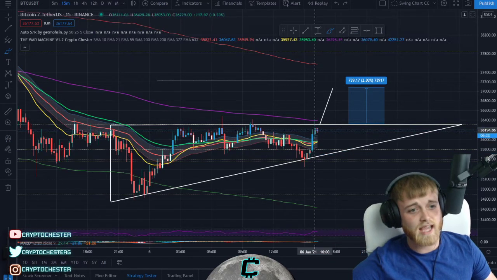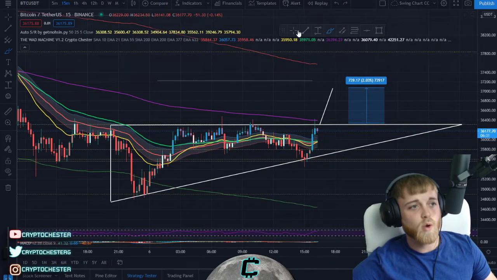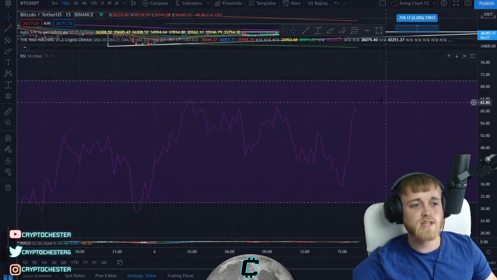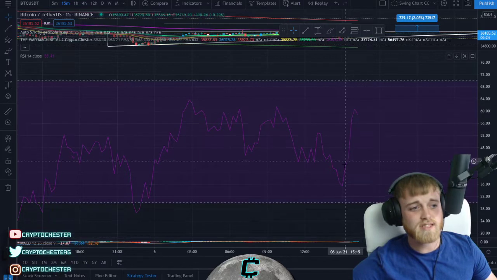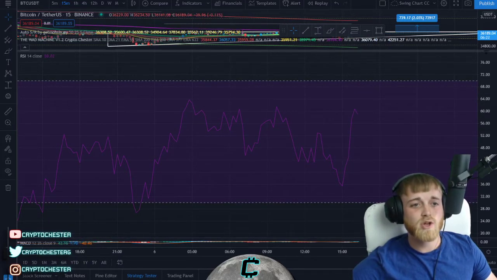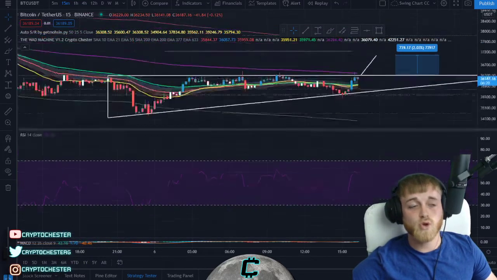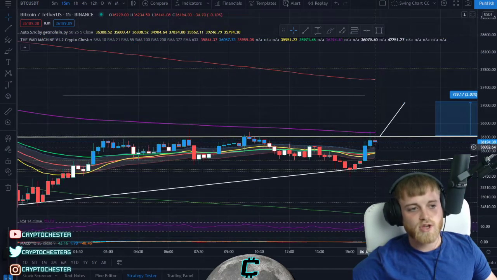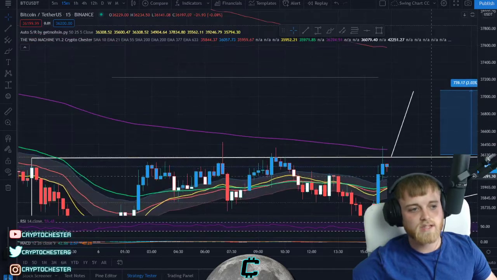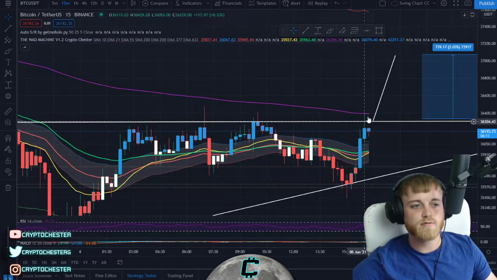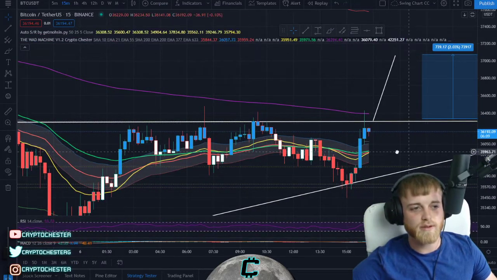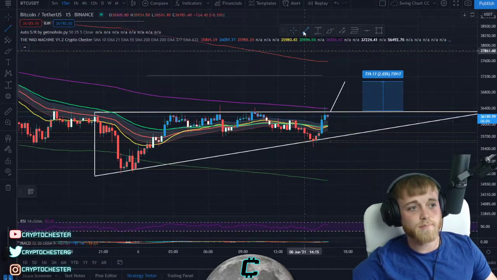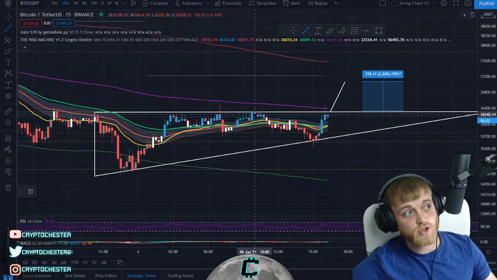As you can see, we have just claimed this 36,000, and we are riding up with quite a lot of strength indeed. Another reason why we've had this swift rejection is because, as you can see on the RSI here, that's a lot of steep buying power. So it's only natural for some sort of correction to be happening right now, and that's why I think for the next hour or so, we are going to see a pretty flaccid Bitcoin. It's just going to be a bit of a consolidationary period, basically validating this pump that we've had going on here, right? But yeah, definitely something to think about if we are going to pump to the upside in terms of the short term, or the short term on the 15 minute here.